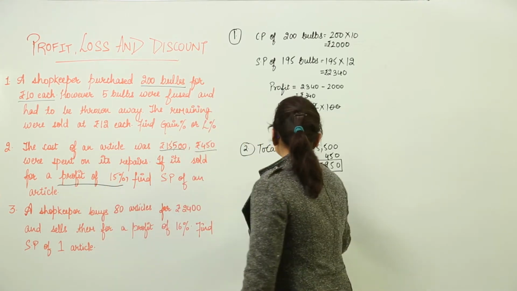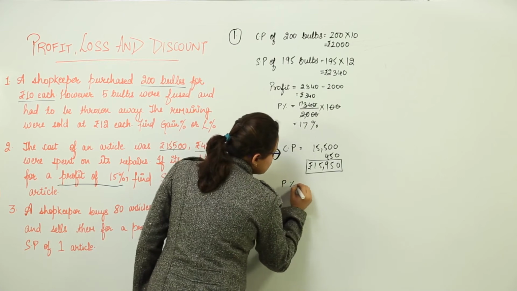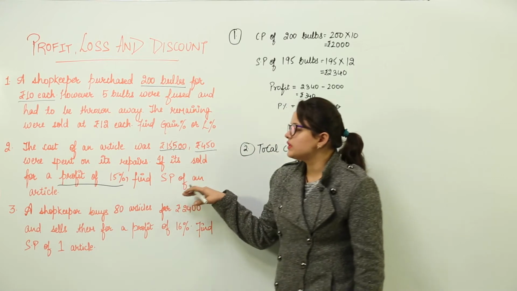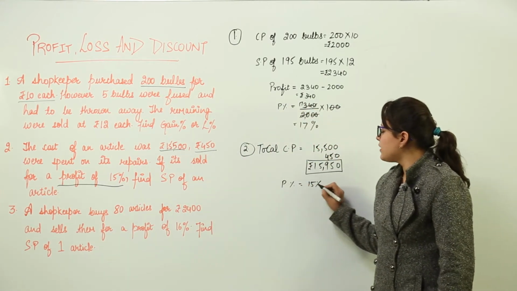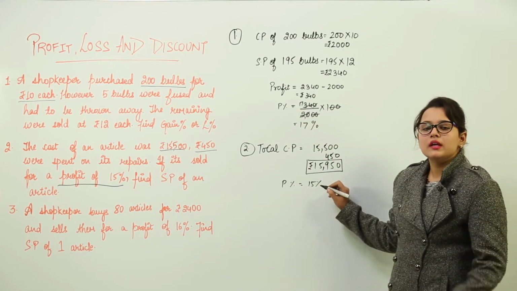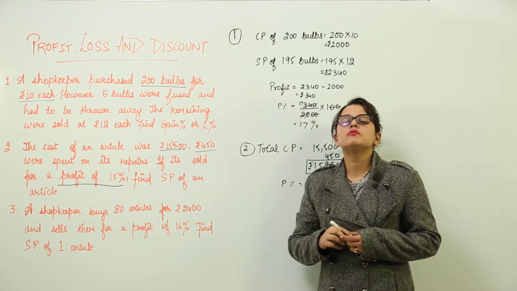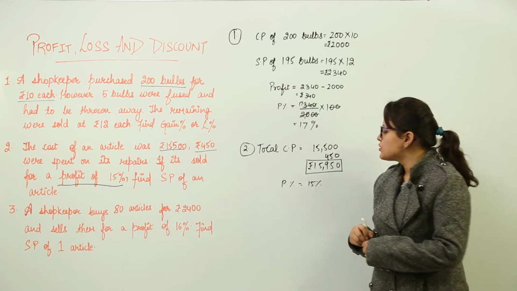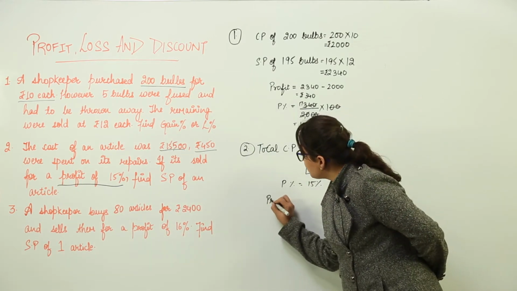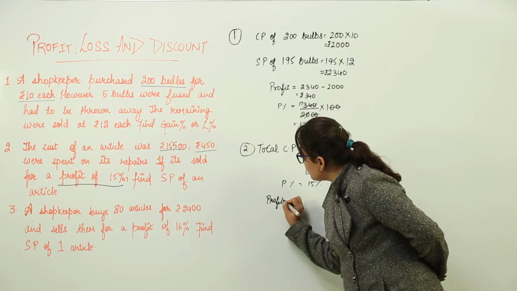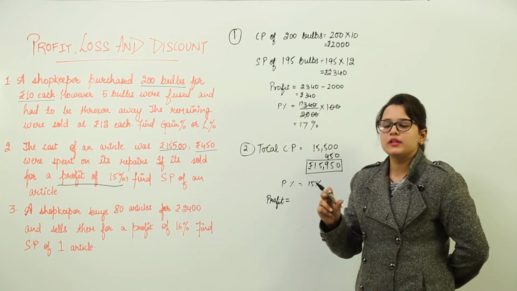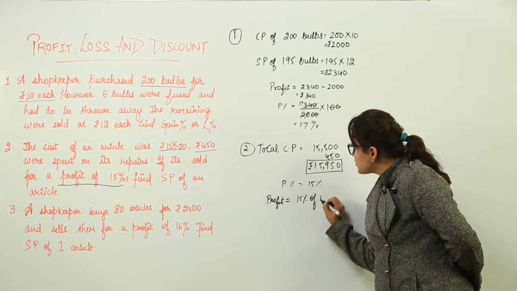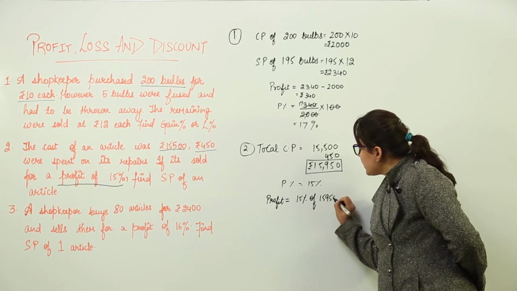Now the profit percent is also provided to us, that is 15%. We need to find the SP of the article. Now we are already provided the 15% profit. Can you tell me profit is calculated on which amount? Yes, profit is calculated on the cost price only. So first of all we need to find out the amount of profit that we have earned. That would be 15% of the cost price, that was 15950.